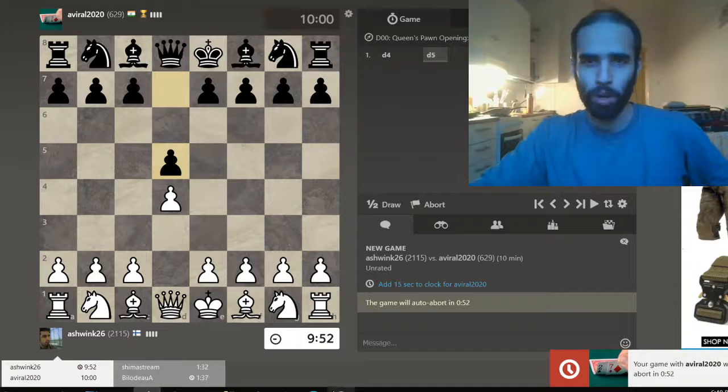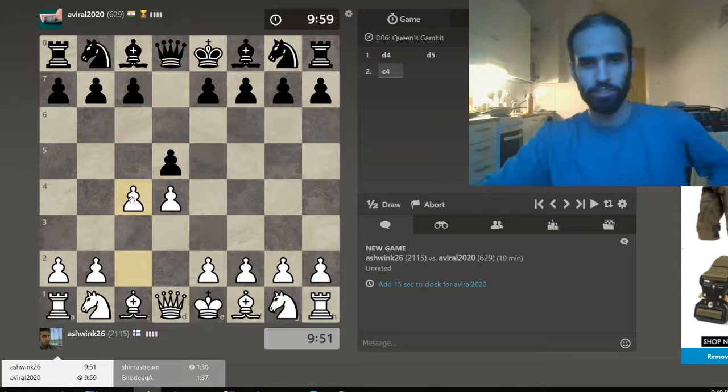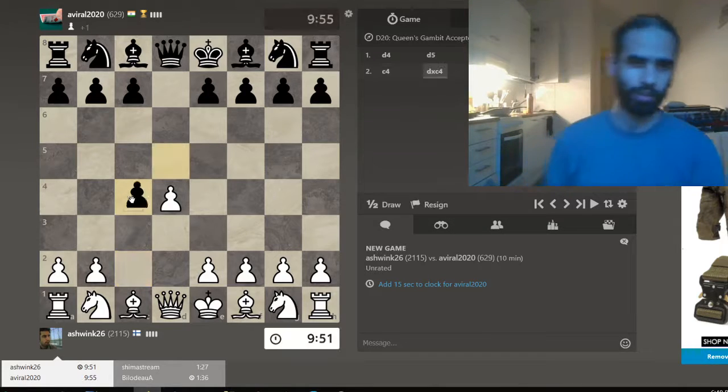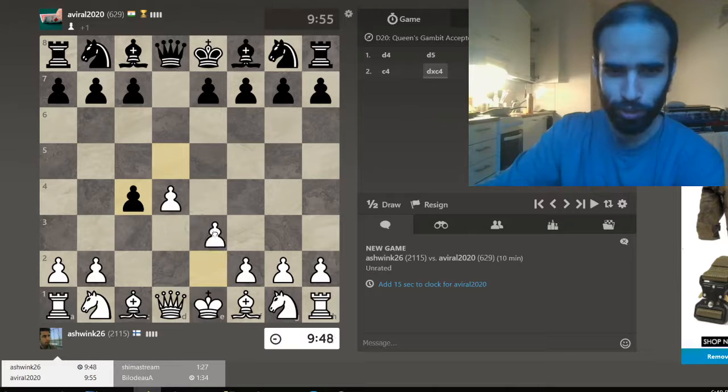Okay, so we are going to play our first game against Aviral. Did I pronounce that right? Why am I acting like some foreigner? Okay,